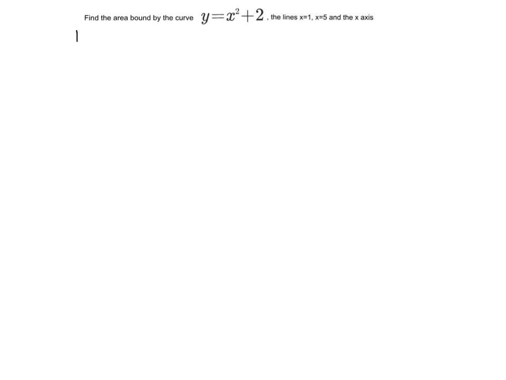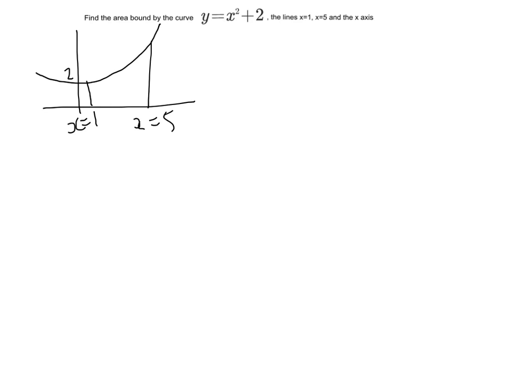So the first thing we're going to do is a sketch. Now, I'm going to slightly exaggerate this, but y equals x squared plus 2 looks a bit like that. Obviously it cuts at 2. And the lines are x equals 1 and x equals 5. They're supposed to be straight, so let's make them look a bit more straight. So the area that we're wanting is this area in here, bound by the curve, the line x equals 1, the line x equals 5, and the